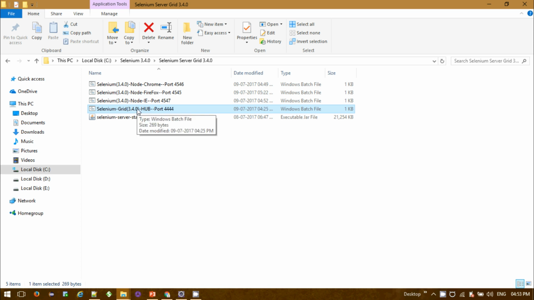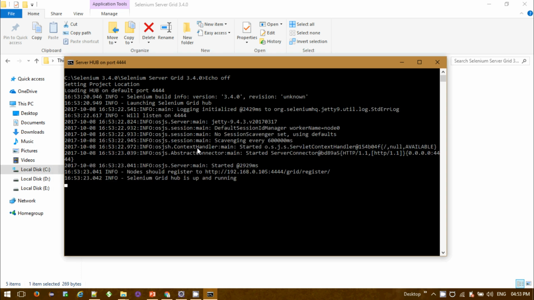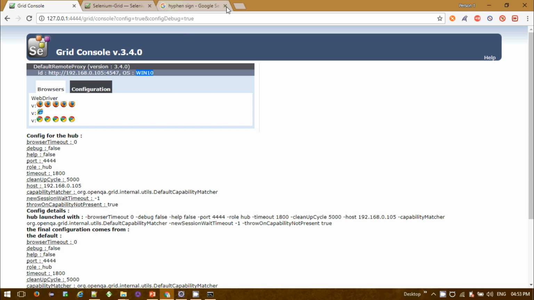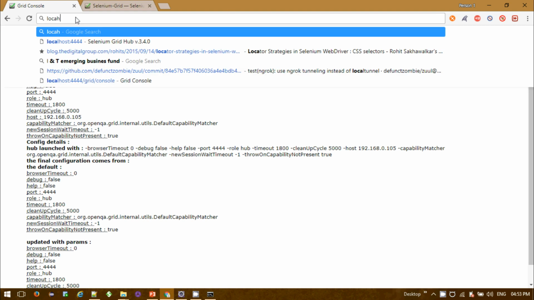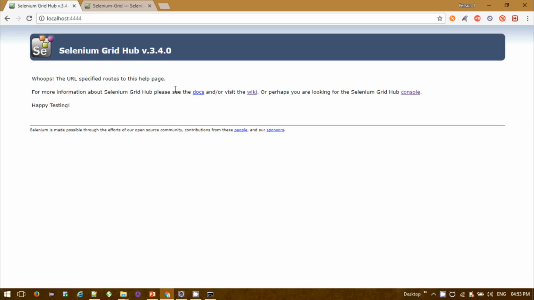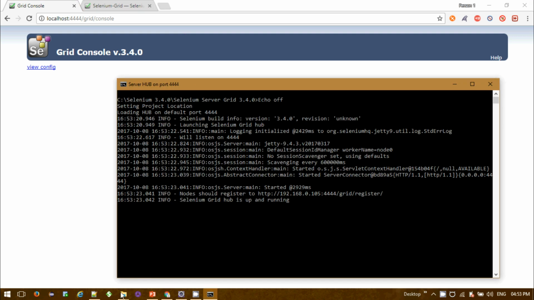So if I click on the batch file for the Windows platform, my Selenium Grid hub will get started. Okay, it's now up and running, titled Selenium hub on port 4444. Now we can access it at 127.0.0.1, or we can also use localhost. As I'm accessing only my own system, only the hub is on, but I need to configure